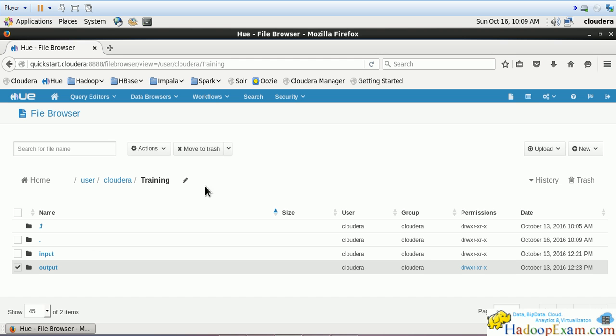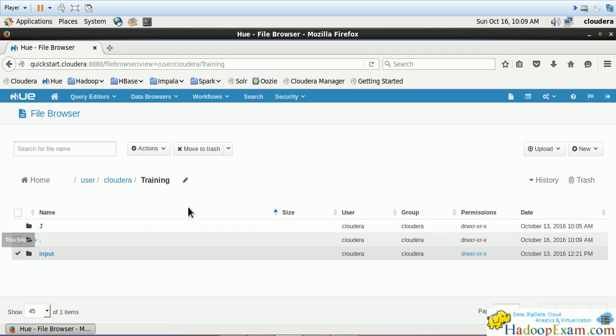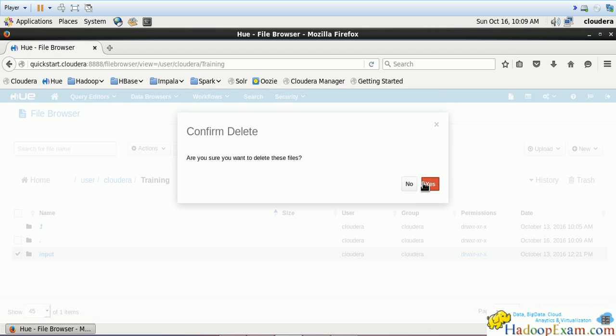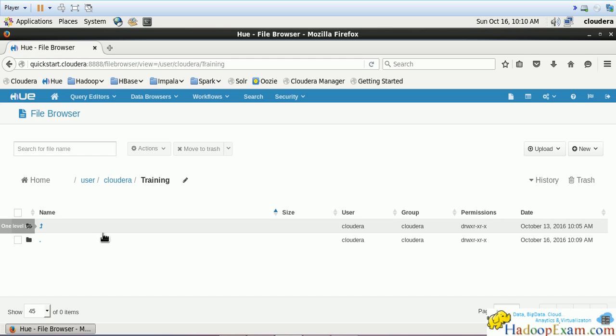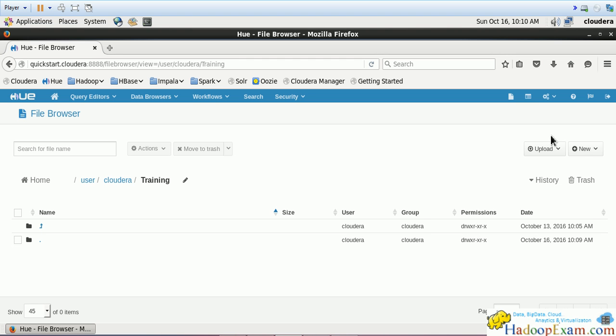Just select your file from here and delete forever. Select, and yes, it will be deleted. Similarly, with the other file, you can just delete it. So now we have deleted files from the HDFS file system. Okay, now what they are saying, you create a pig directory again, and inside the pig directory, so just here you